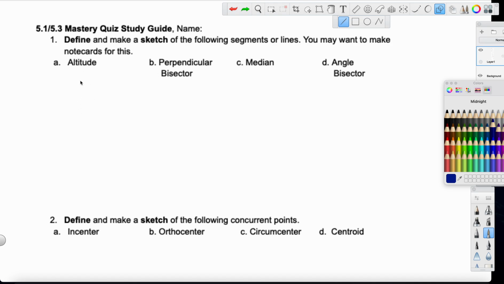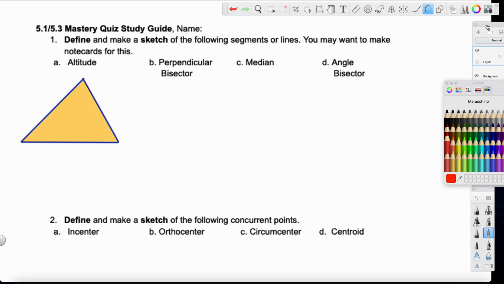So all of these are in reference to triangles. So if I have a triangle here, the altitude goes from the vertex to the opposite side, forming a 90-degree angle. This is an altitude. And so an altitude goes from a vertex